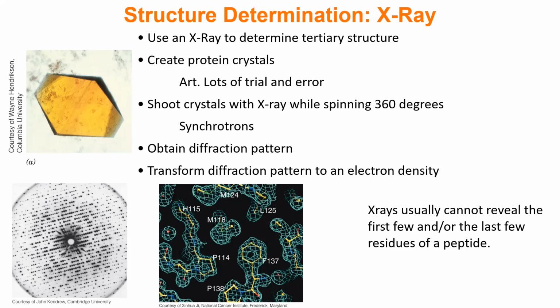Then, when you get a crystal, you put it in an X-ray and you shoot it with a laser while spinning the crystal 360 degrees. This is often done in synchrotrons. If you don't know what a synchrotron is,